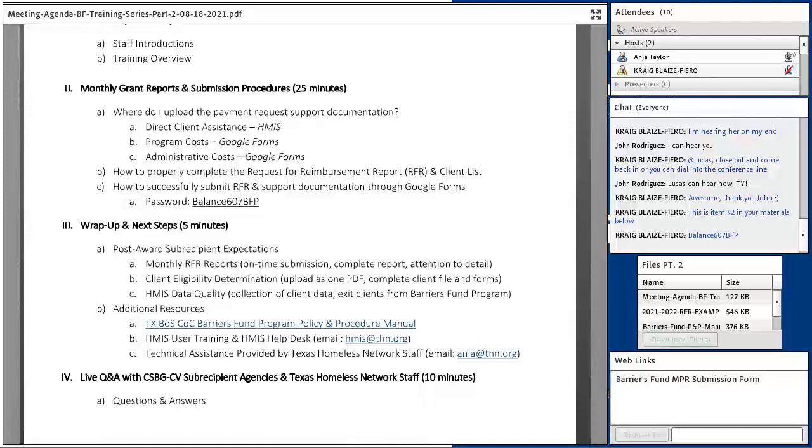That report to the Texas Department of Housing and Community Affairs is due no later than the 15th of every single month. So we pretty much have 10 days, some months not even 10 full business days, to not only approve and process all of the reimbursement reports received from the agencies, but also prepare our master reimbursement for submission